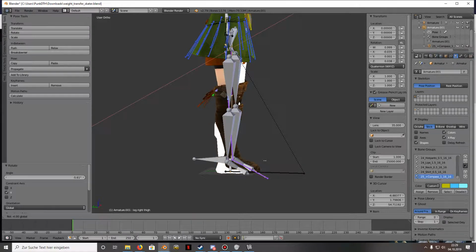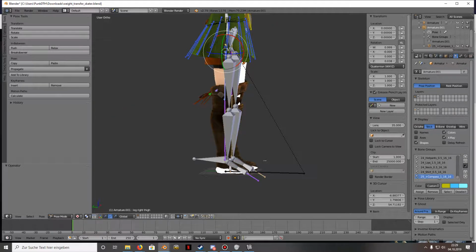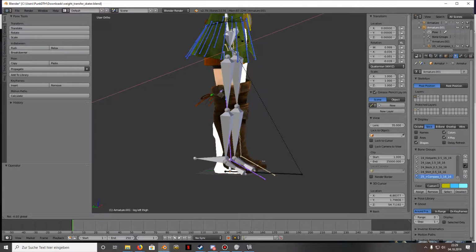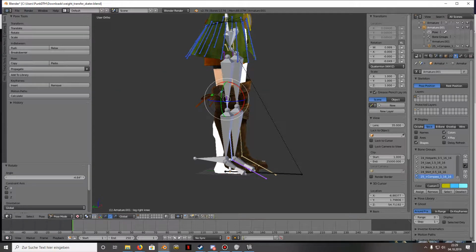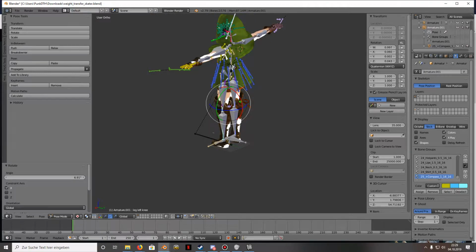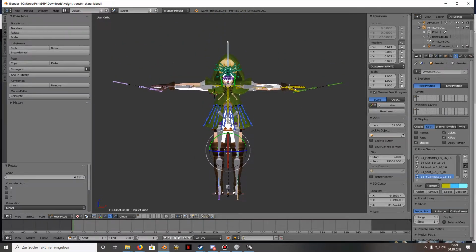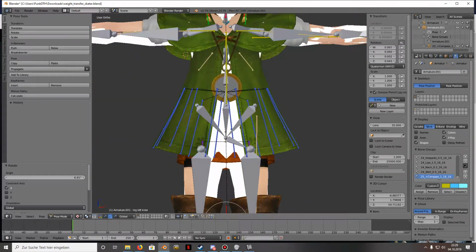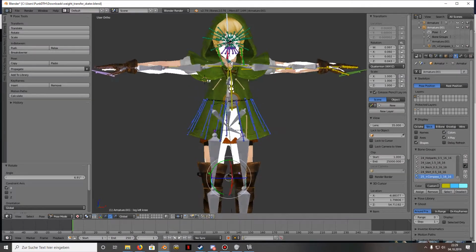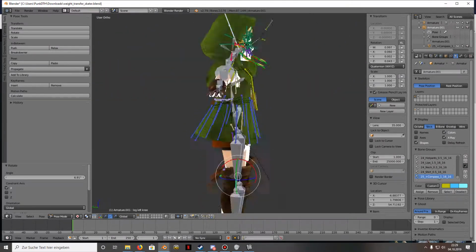A bit forward. But wait, this time we use both. I hold shift. A bit forward. Both. A bit back. So now we have our closely rigged Linkle,